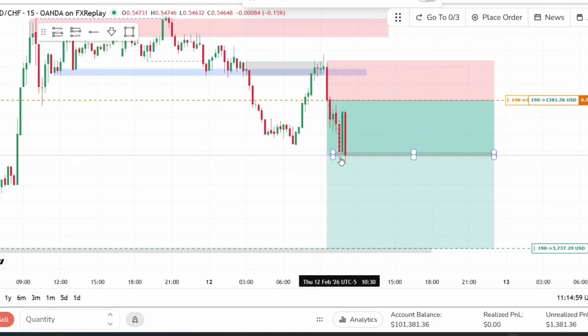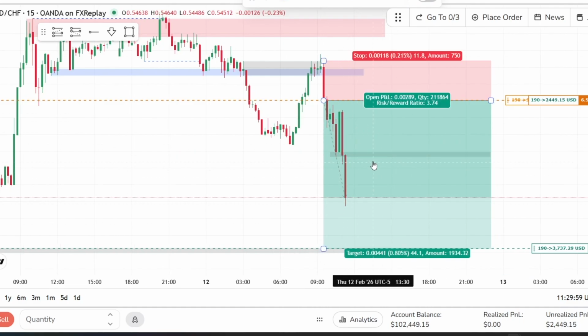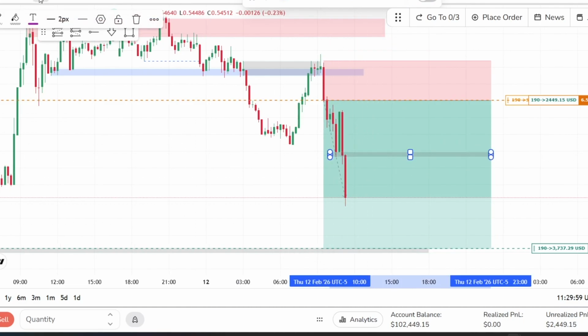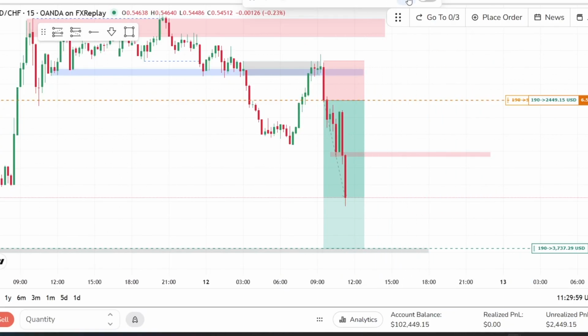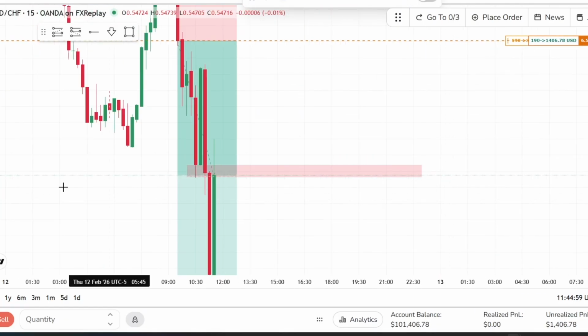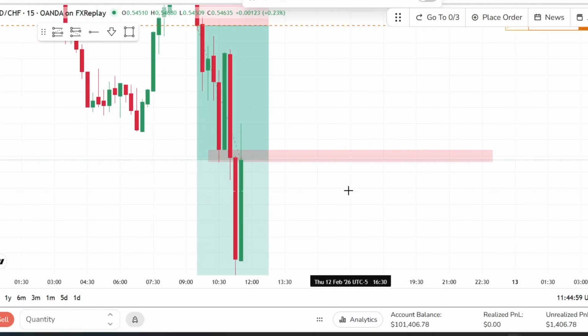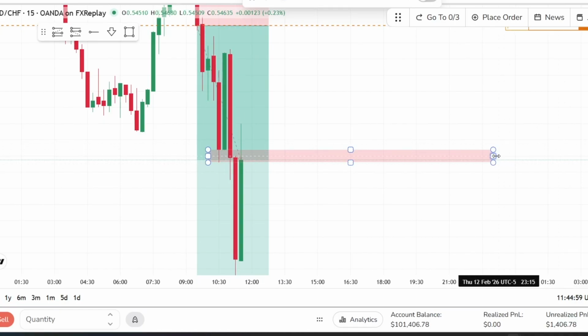So this would be our support. As price breaks through, our support would become resistance, as you can see. So we would wait for our retest in order to avoid being stopped out. You can see that price is respecting our resistance. It's not closing above. If it had closed above, we would actually